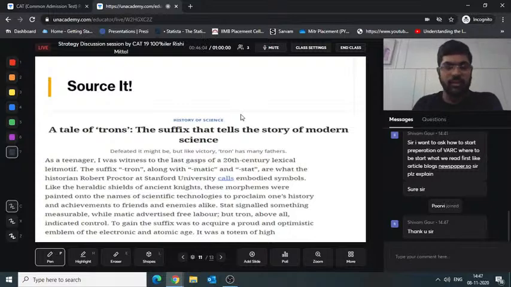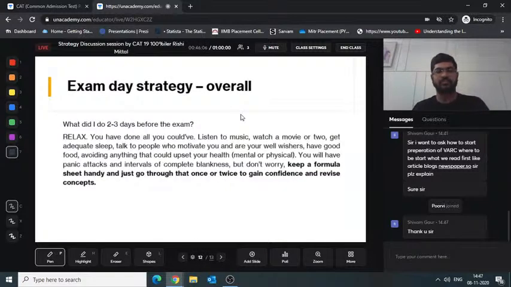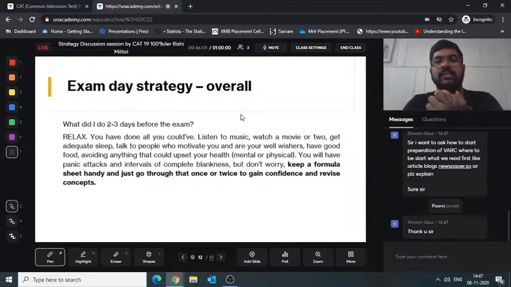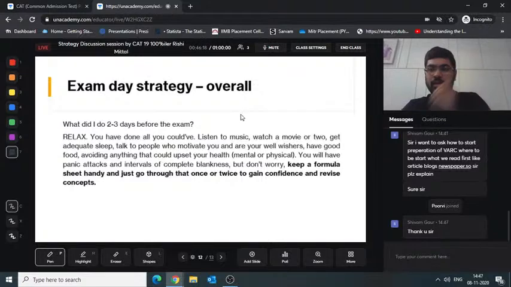So let's just move forward with the last couple of minutes that we have. Let me reiterate what to do in the last couple of weeks, couple of days, couple of hours. Many people ask, what do I do 2, 3 days before the exam? What all should I revise? What all should I study? What not? I panic a lot. Even I panicked. I've been in that particular place not a very long time back.